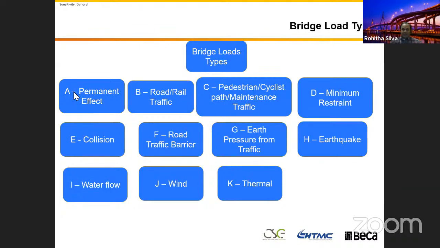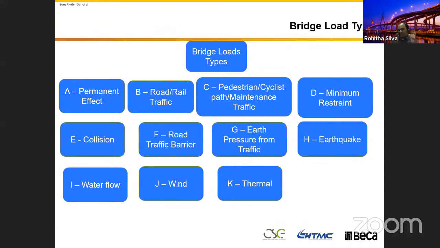Then are you going to combine A and B and I together, considering scour depth in your bridge? That is the reason in my previous slide I showed you in the flood data, you need 1 in 100 year and 1 in 2000 year